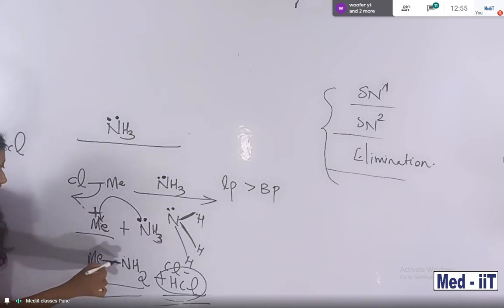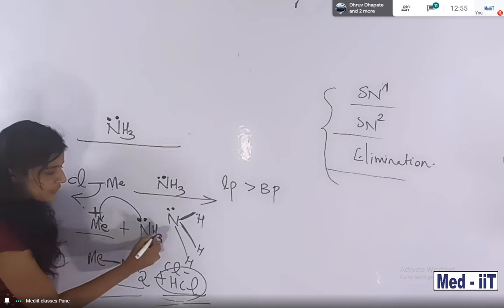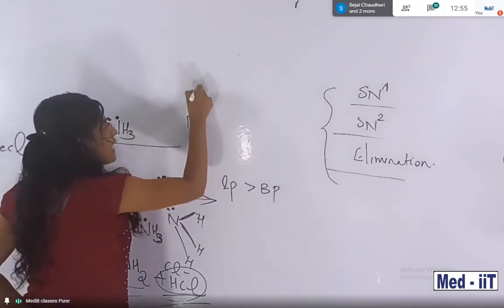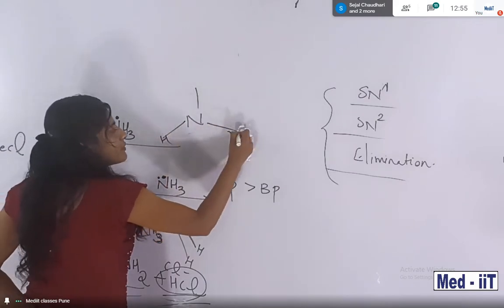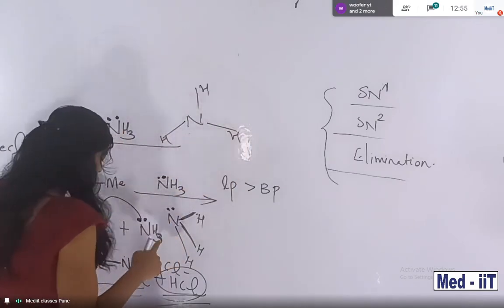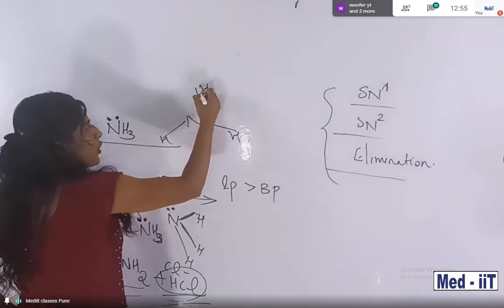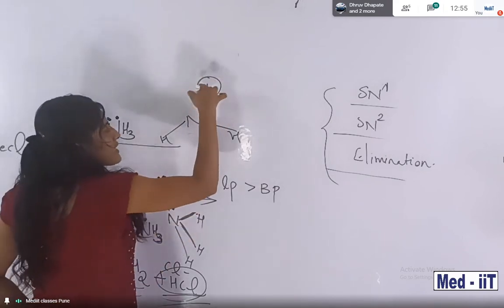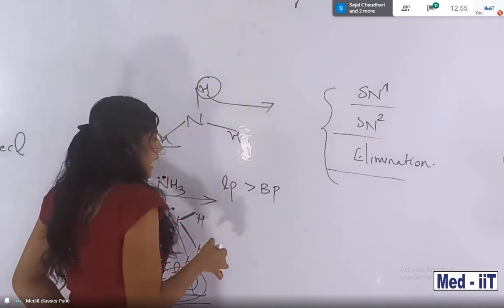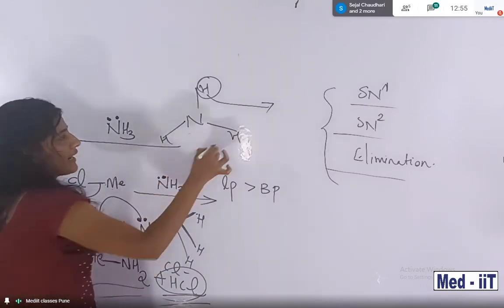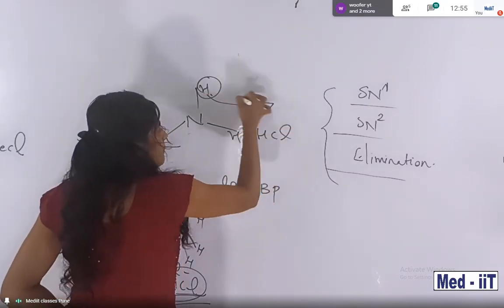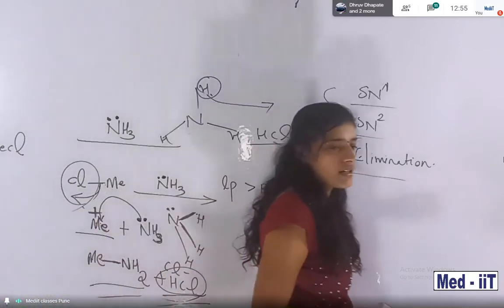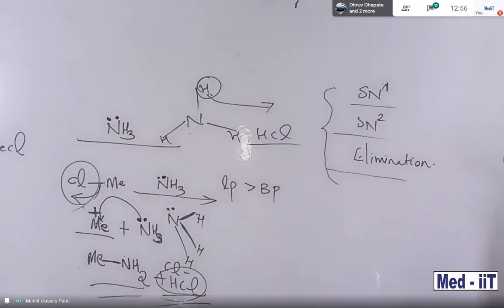Okay, so MeNH2 is ready. Then 3 hydrogens are there. In the case of ammonia, you are familiar that there are 1, 2, 3 hydrogens. So what about the one hydrogen? One hydrogen is removed in the form of a proton, and then that is bonded with the chloride ion. So HCl is formed, this hydrogen plus that leaving group forming a bond. Is it clear now, students?